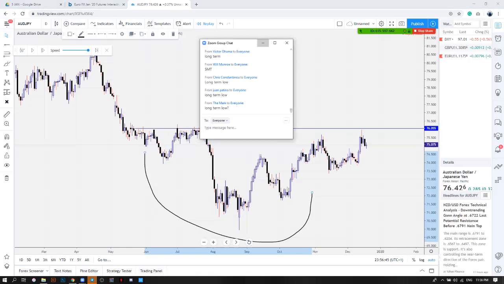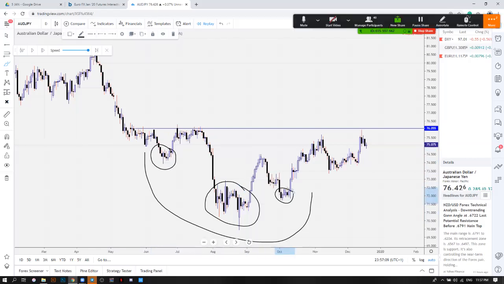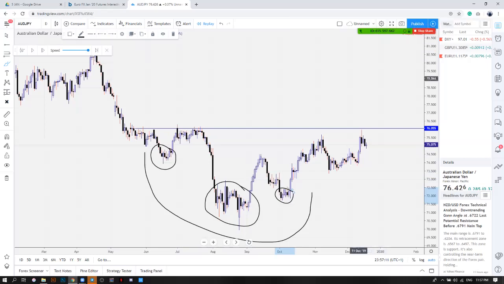Why is it a long-term low? Because this is an intermediate term swing low, another one, another one. So 1, 2, 3 intermediate term swing lows constitute a long-term swing low. A long-term swing low, which is this, precisely has 2 higher intermediate term swing lows on either side of it. You guys all understand it now. So that tells you you're clearly bullish.